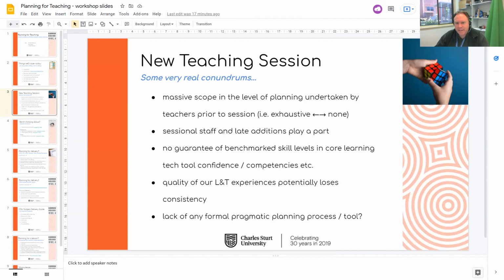We certainly see more of a problem crop up at times with sessional staff being dropped into subjects and not necessarily having a background in planning for teaching processes. And as I mentioned, people being dropped late into subjects. There's no guarantee necessarily that people have either background in teaching as such or a background in the tools that